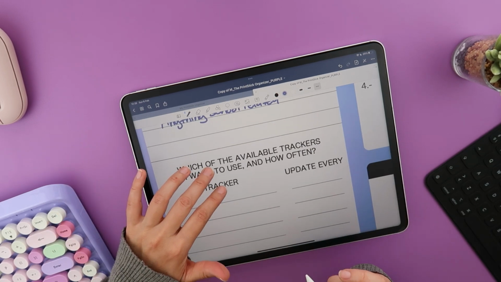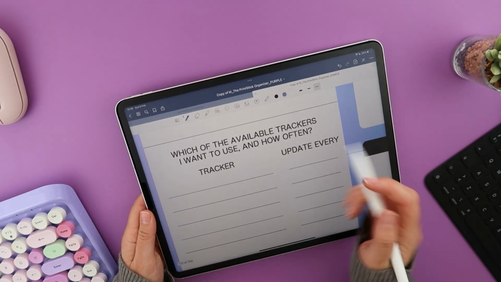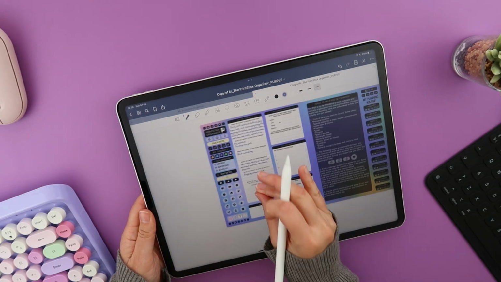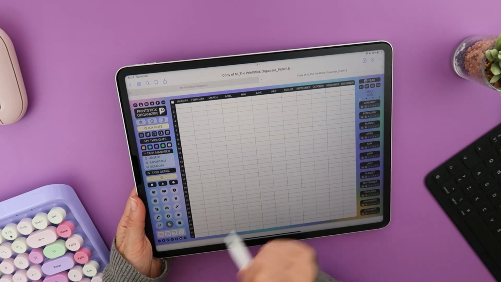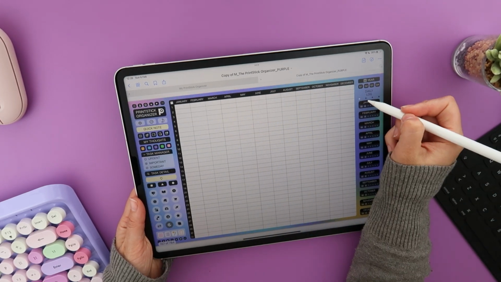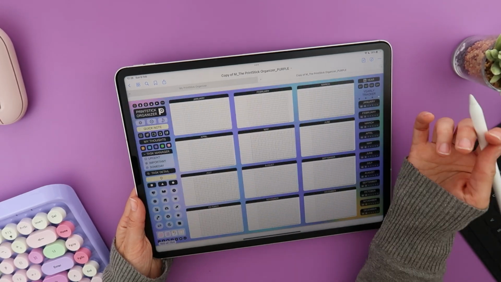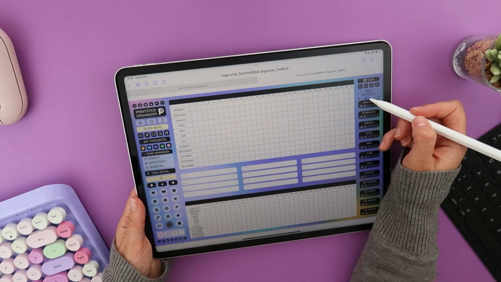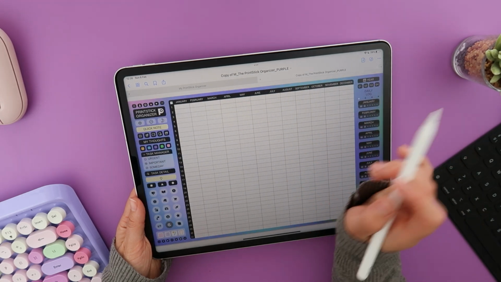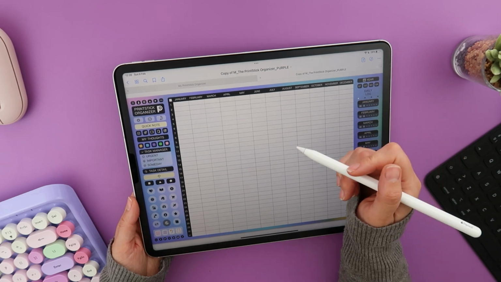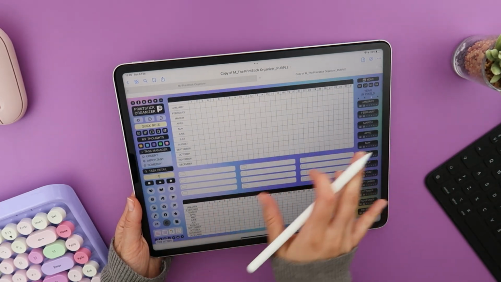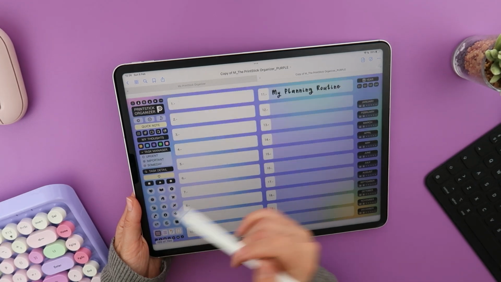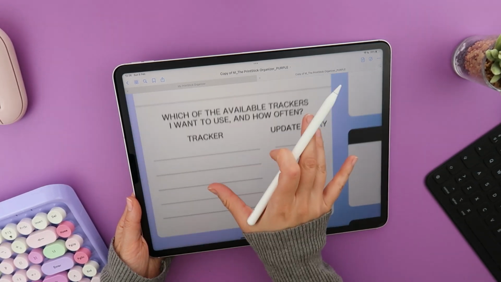Okay, so now this part says which trackers you want to use. And before deciding, you may want to head to the tracker section, which is this icon here. So if you tap there and you scroll, or you can tap on these dots as well, you're going to see the different trackers that you have available in the PSO. Make sure to also check the insert stickies section in the library to check if there are any others available over there. And once you see them, you can go back to your section and choose which ones you want